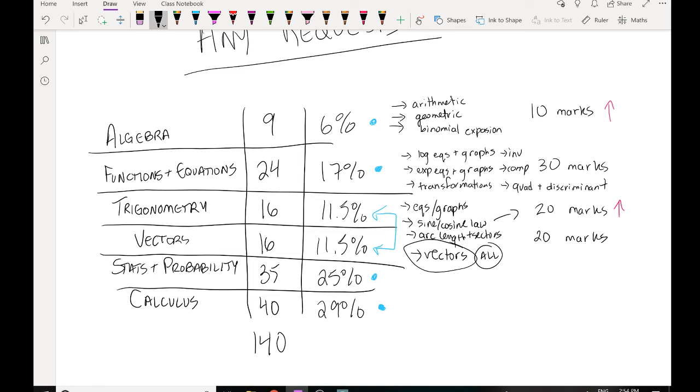So 180 times 25%. I don't even know why I just did that, because it's just a quarter. It has been a long day. But 45 marks would go to stats and probability, and that would mean